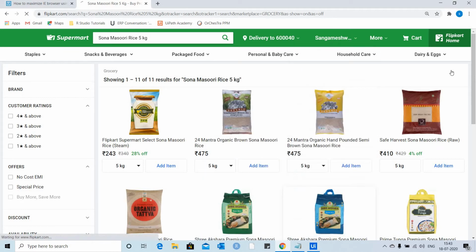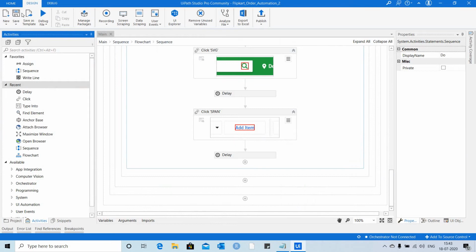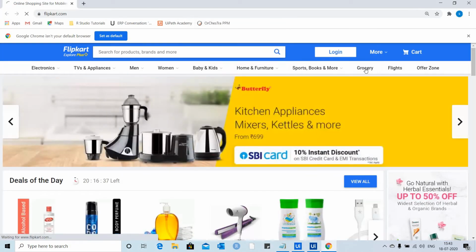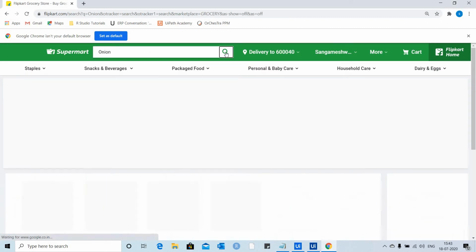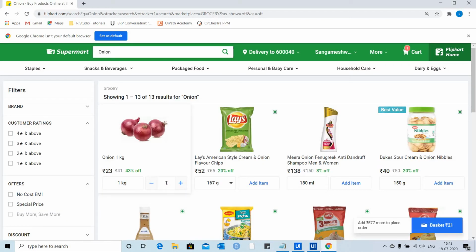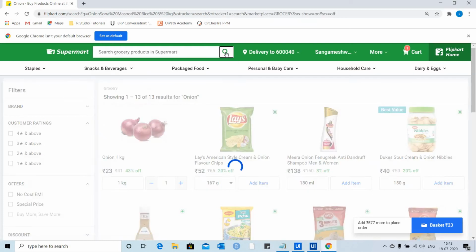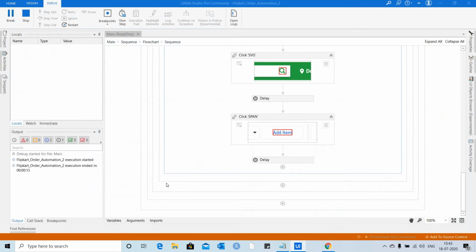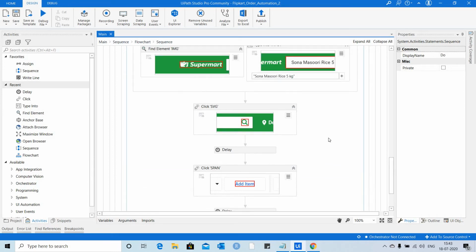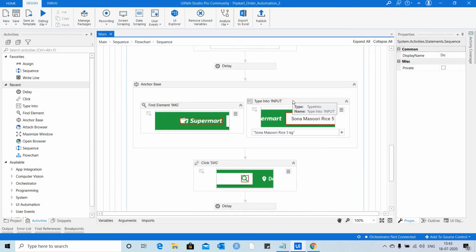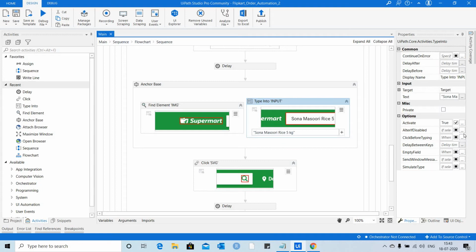So let me log out here and then close the browser, save the program, and let's debug the program to see how it works. So we are able to log in, then go to the grocery page, search onions, add onions to the cart. So the only problem here, we missed to clear the search box before we type the next item. So I have done that. Let me save the program